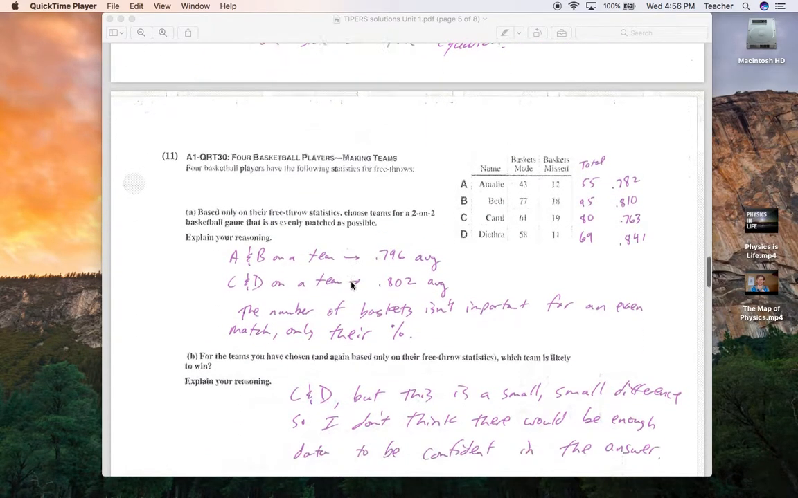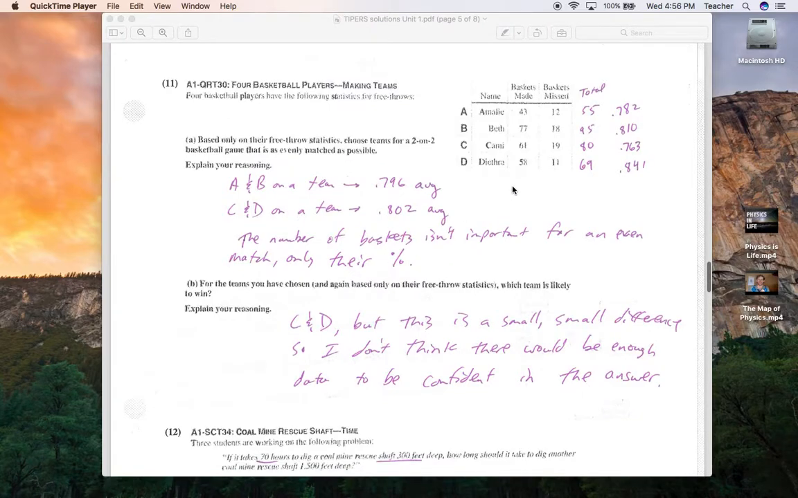For 11, I think this is interesting. I would say team A and B and then team C and D are close. So essentially with these, this is a little below 80%, a tiny bit above. This is more below, this is more above. All I did is look at the free throw percentages and average those out. So essentially here,